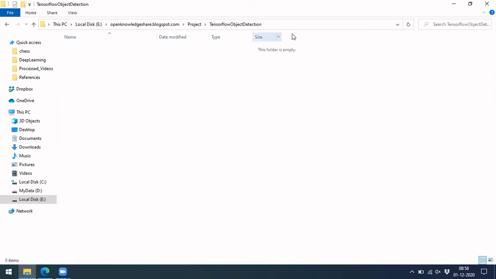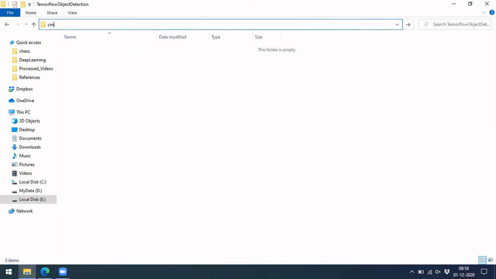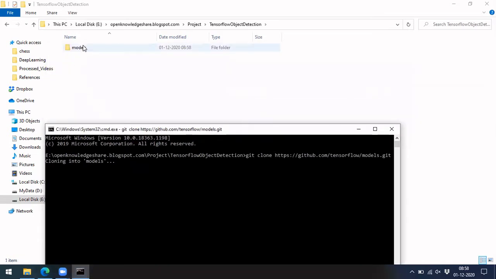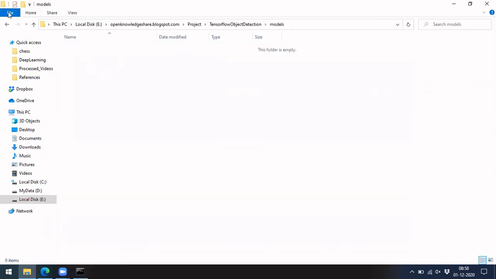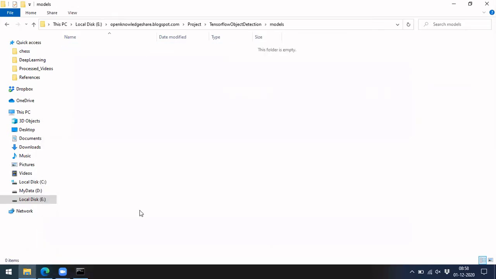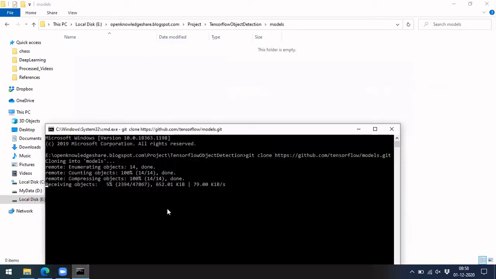Here you can open your command prompt and do git clone with this link. Once you do it, it will start downloading the models. You can see that the models folder has come, and slowly it will download each of those files.